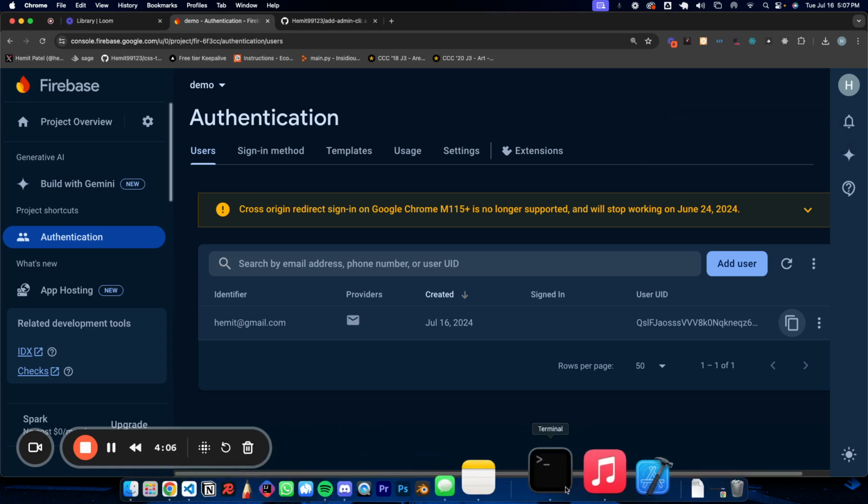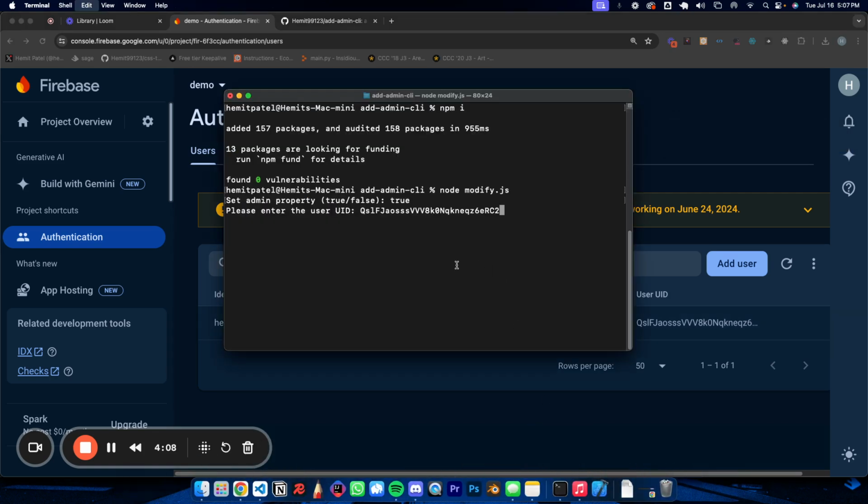I'm going to go back to my terminal and paste it in here. And now you'll see that it says custom claims set for that user. So now in the JWT of that user, as soon as you log in using the Firebase auth library, you should be able to get in the JWT, the token of it, a new property of admin,